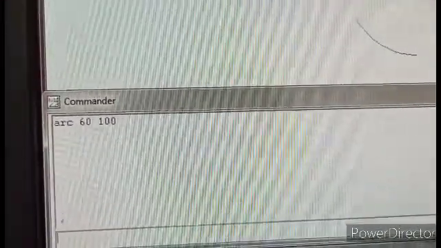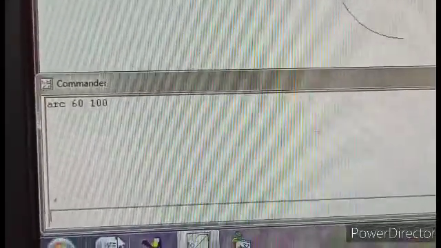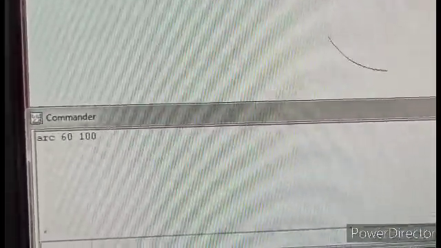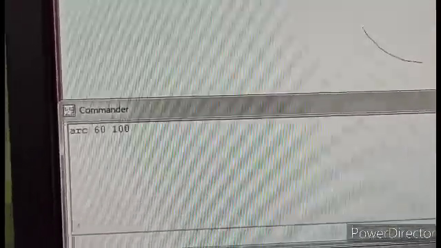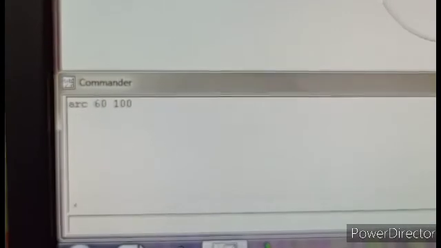Obviously the turtle is at the center of the screen. What will be the distance between the turtle and the arc? It is 100. That's why arc 60 and 100, and this kind of thing has come on the screen.